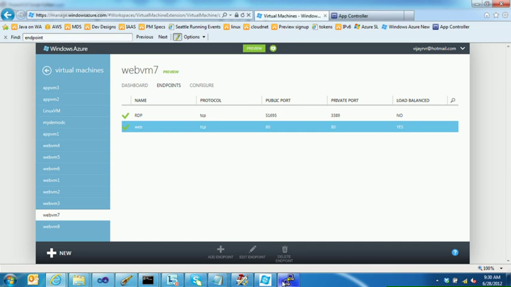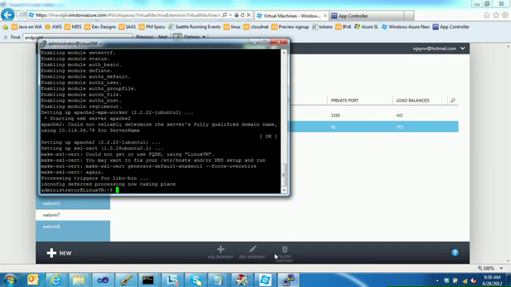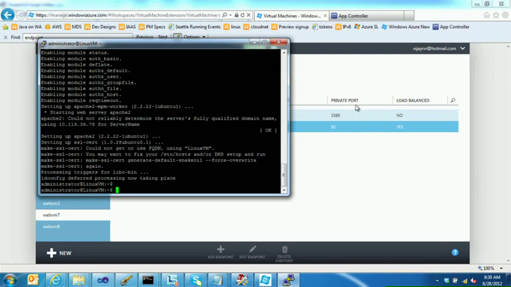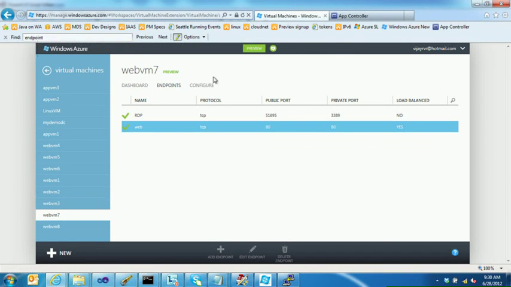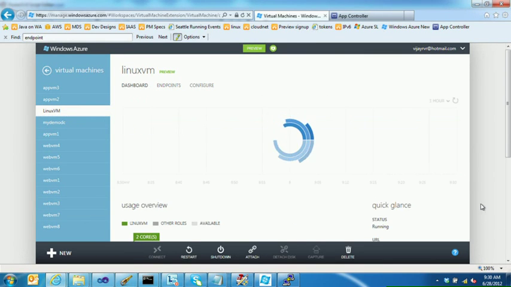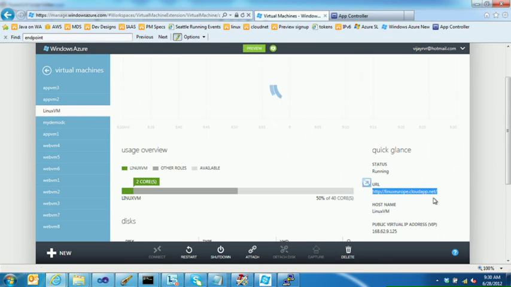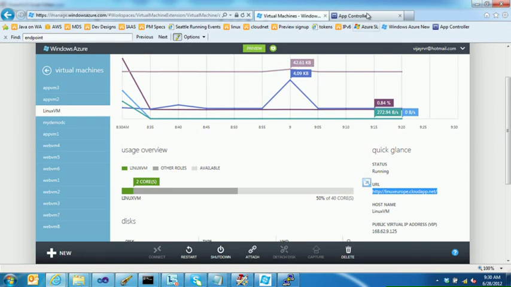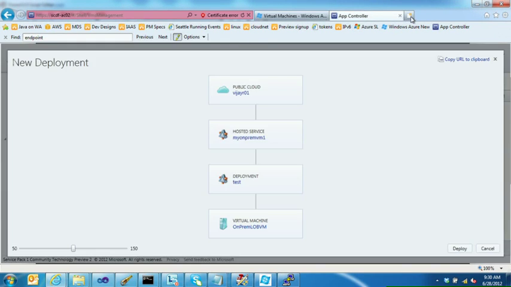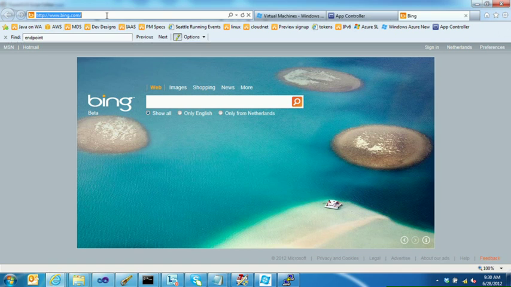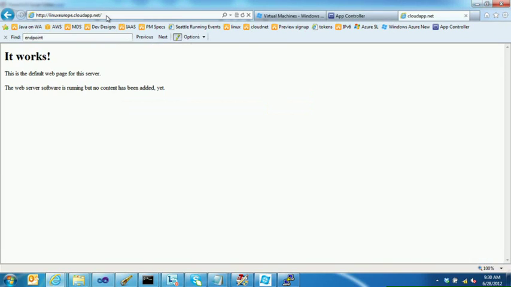Let's go back to the Linux session here. I think it's complete. Good. So what I would like to show here is that I should be able to copy this Linux URL and go to port 80, and Apache should be running right now. There you go. So very straightforward to automate your workloads and virtual machines, both from PowerShell as well as from